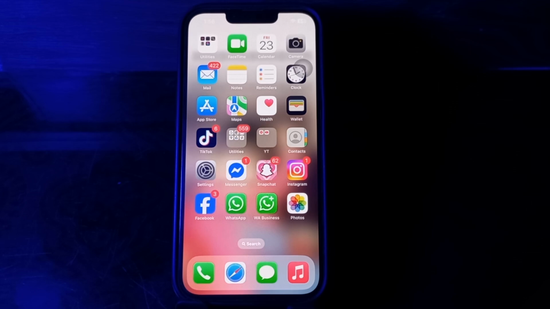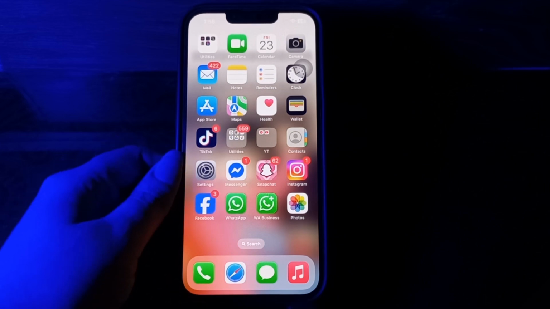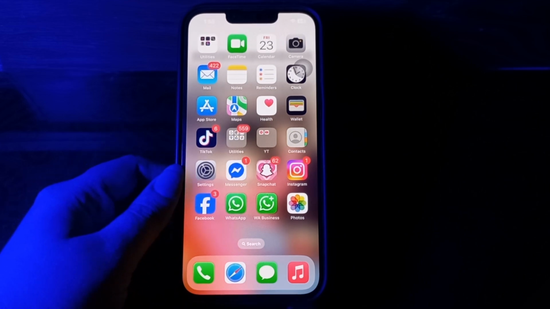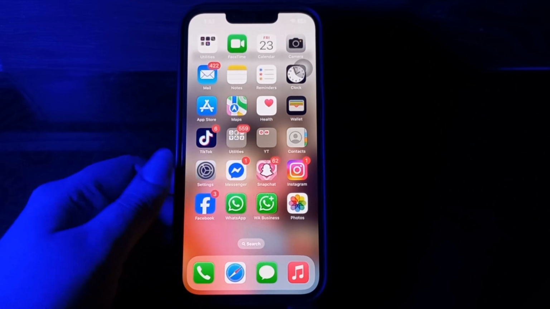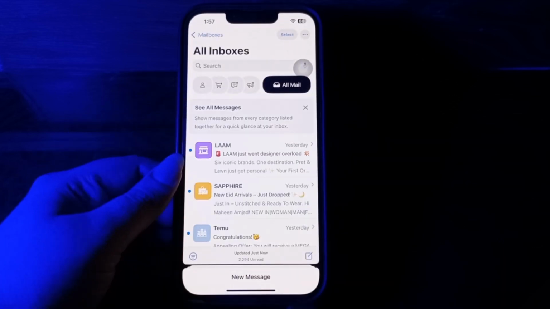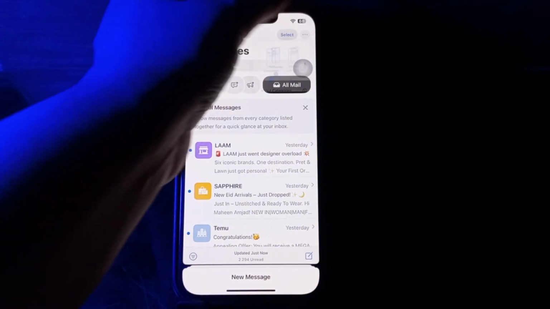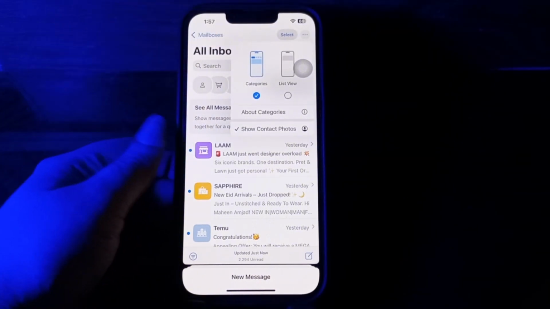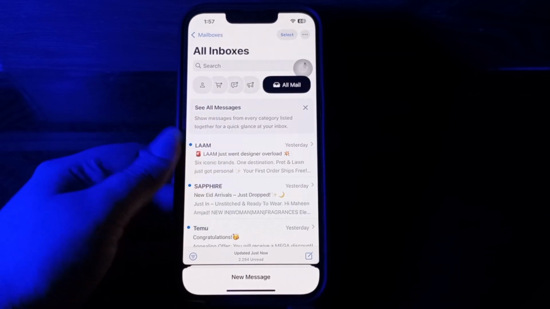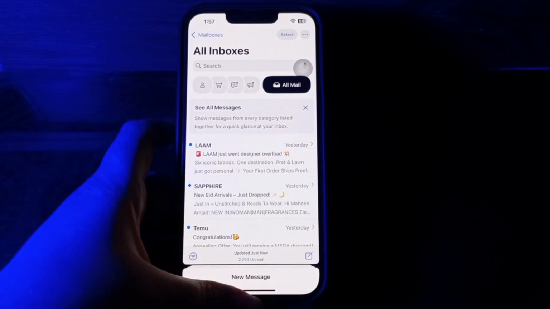So in the past, you would have to dig through the settings screen for Mail to turn contact photos on and off. No more. With iOS 18.5, you can now quickly and easily manage the option without leaving Mail. For this, open the Mail app on your iPhone and then tap on the three dots icon at the top right. Next, choose Contact Photos to turn it on or off and you are done.